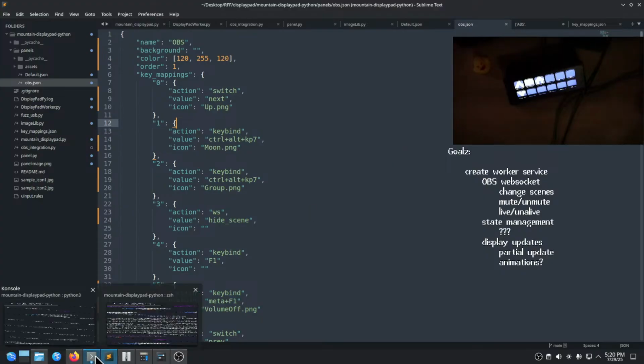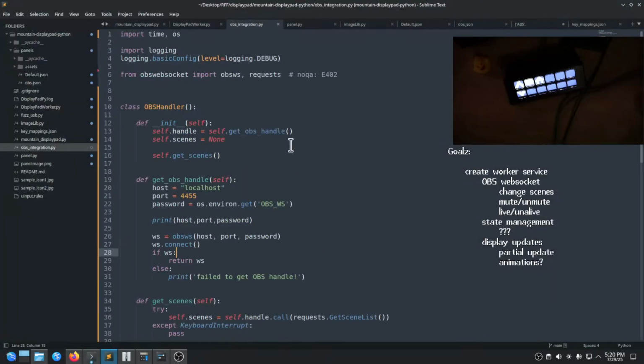But yeah, and then we went and we found out that we're going to need to set up the OBS WebSocket in order to send commands to OBS, because Wayland is restrictive in that regard. Because normally, typically, like on a Windows computer, you could just emulate a keystroke, and that keystroke is a global keystroke, and that'll go to any application that is listening to global keystrokes. And so that's why you can